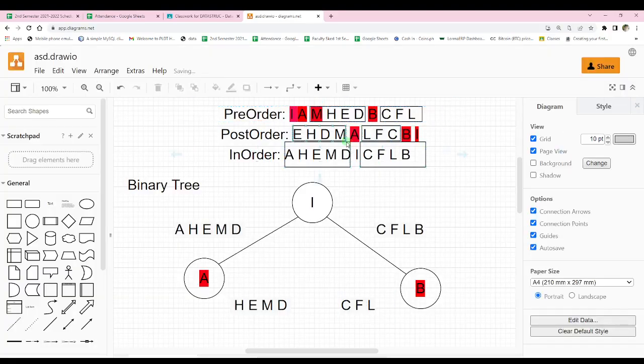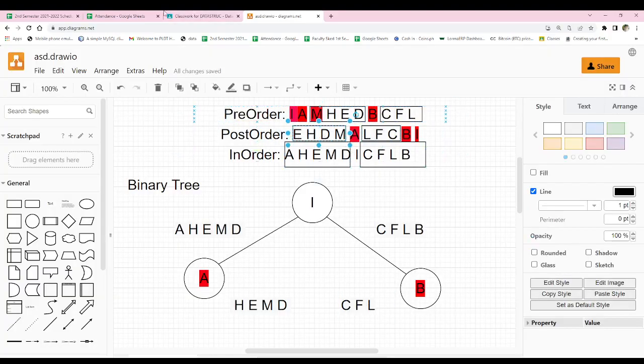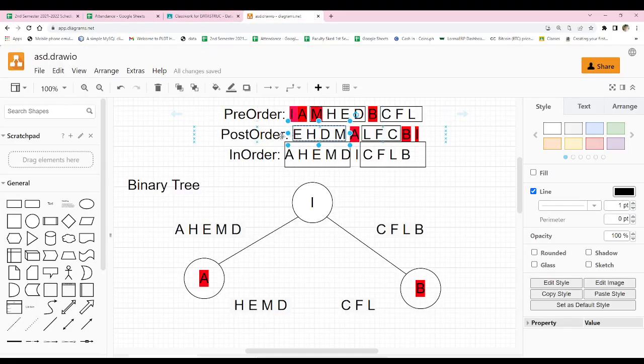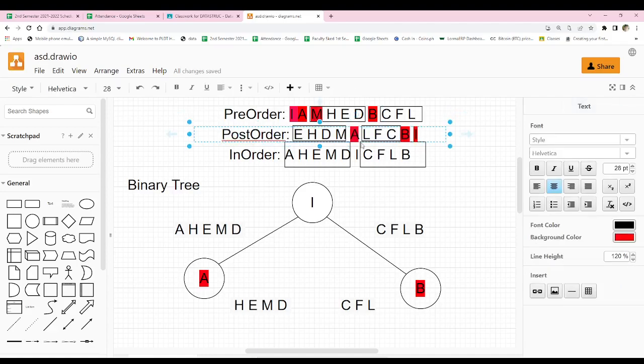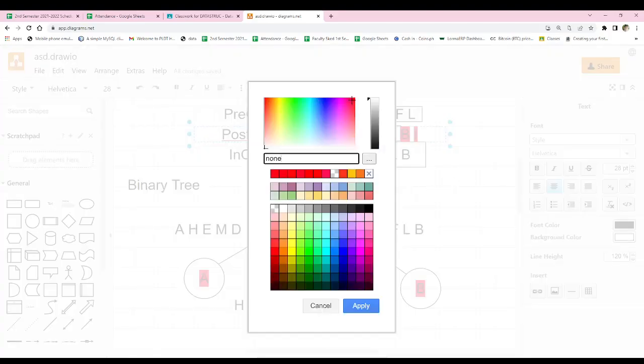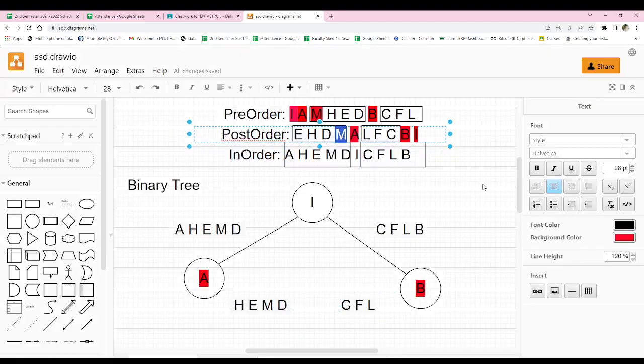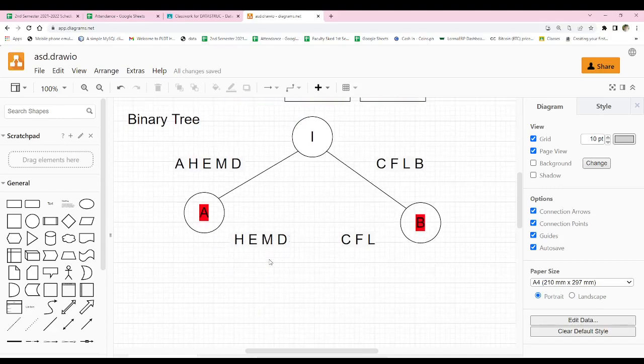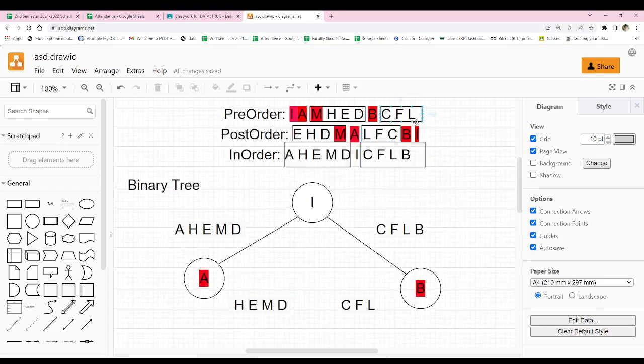Yeah. And then here in our post order, the root is visited last. So the last element in here is M. So same, M will be the next root. M. And then in our, so this is in our right sub tree. This is for the left sub tree, and then for the right sub tree,